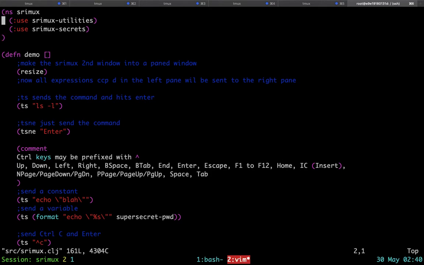For some reason, I have not checked in a particular patch. So let me open up the utilities file.